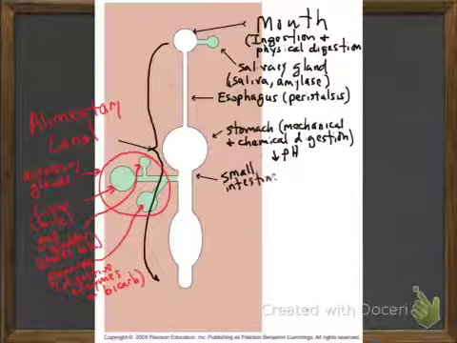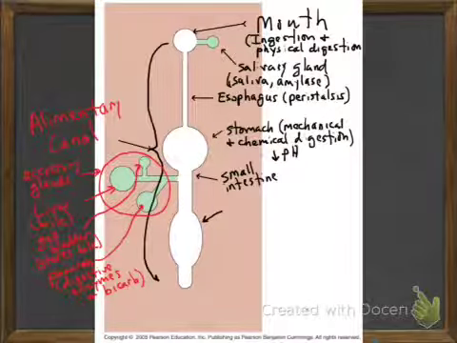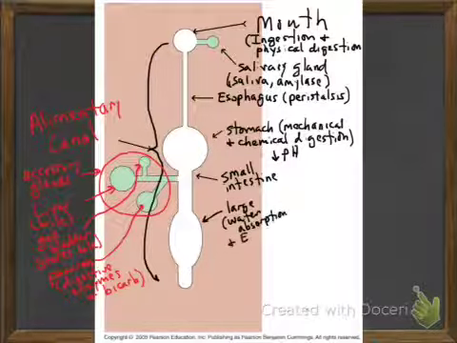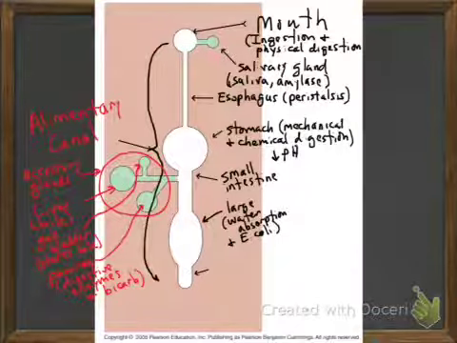Okay, so there's the small intestine, we talked about what it does, and that's for absorption, right? And then we've got the large intestine, which is responsible for pulling out the last of the water from whatever food is left. Whatever's left that hasn't been absorbed by the small intestine, the large intestine pulls out some water, and it also houses